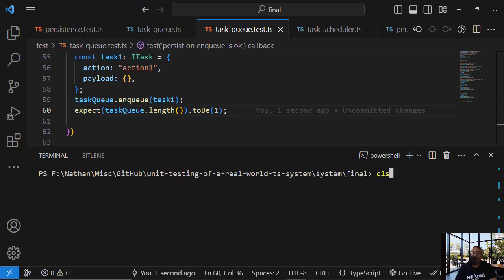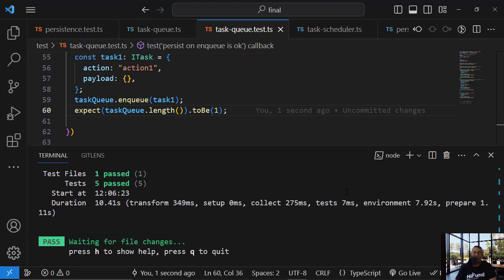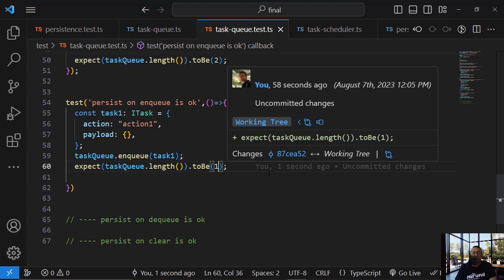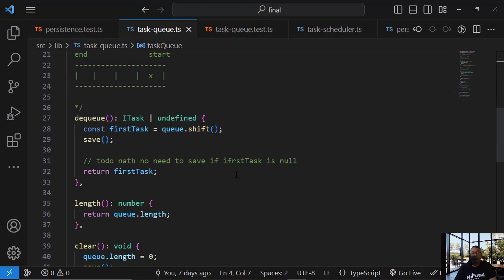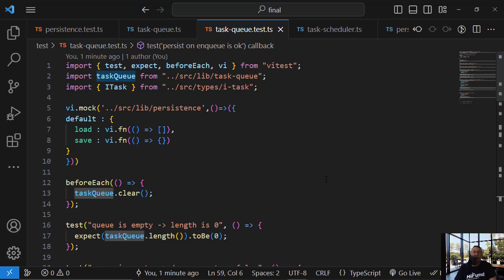Okay, let's run it. Let's run the test, with npm. Okay, so this is okay. But now what I want to do is start all over again. So when I'm using this task queue, when I create a new object, it loads the information from the storage. But I'm not able to do this because with this task queue, I have only one object. And it's true that I only have one object, but maybe in the future I will have a few task queues,